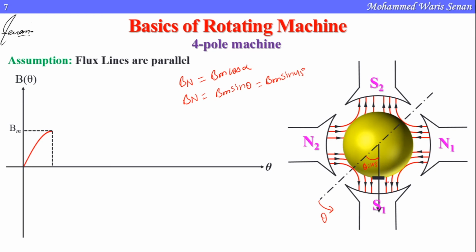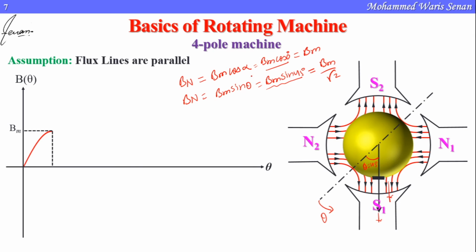If we take alpha, from here you can see the flux lines are like this. It will be going vertically downwards, and the area vector is also vertically downwards. So the angle will be 0 degrees, so it will be Bm cos of 0 degrees. So from here you will be getting a value Bm, but from this formula we are getting the value as Bm by root 2, because sin 45 degrees is 1 by root 2.